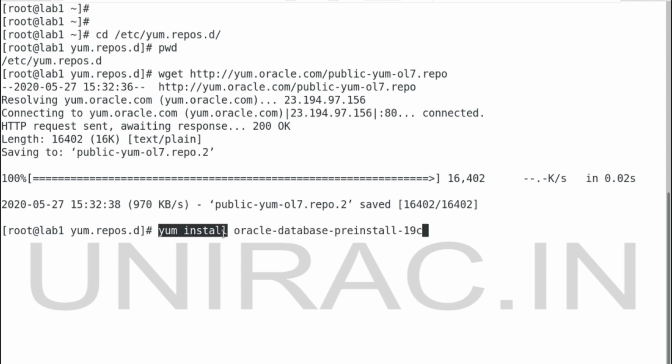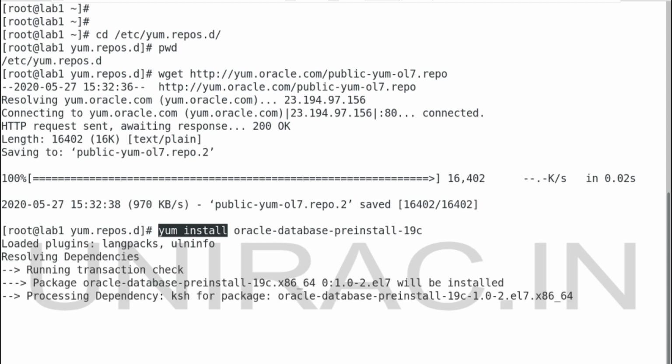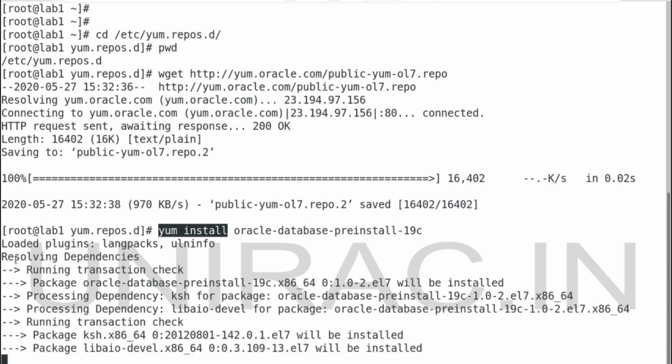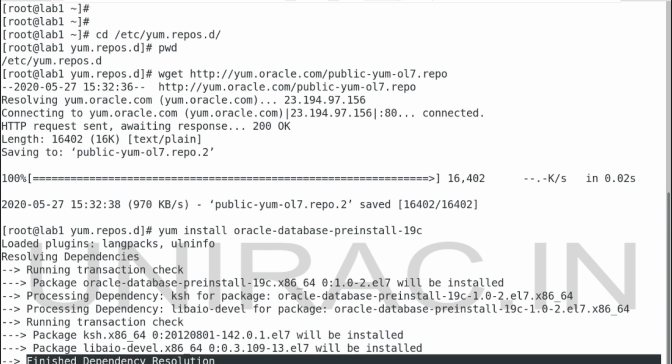Using yum install, we'll install your prerequisites. It's going to resolve all the dependencies. It has finished the dependency resolution.